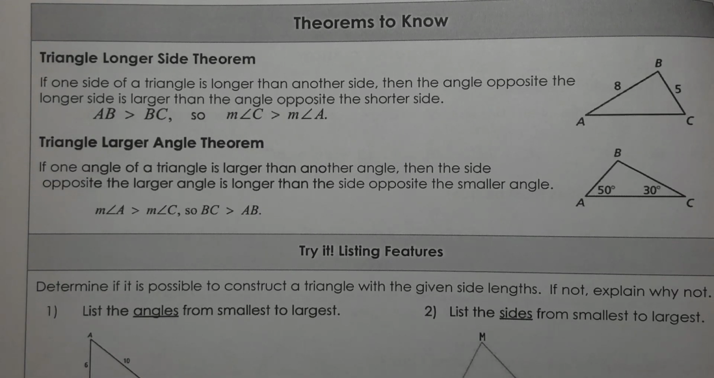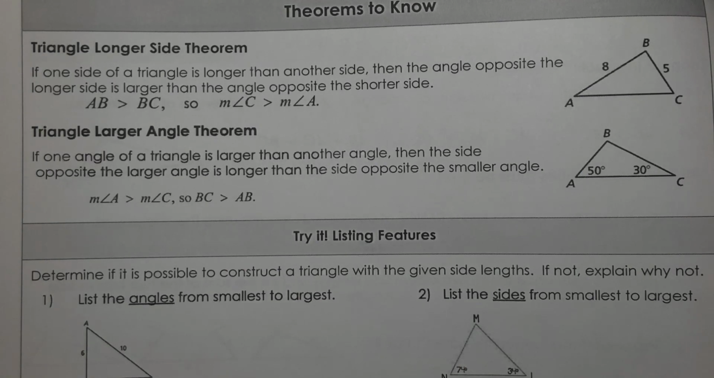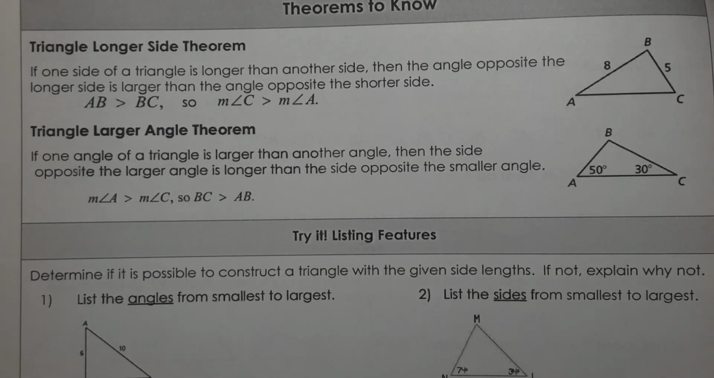Okay, so the shortest side is going to have the smallest angle. The largest side is going to have the largest angle. That makes sense. This is the opposite of that here. The triangle larger angle theorem says, if one angle of a triangle is larger than another angle, then the side opposite the larger angle is longer than the side opposite the smaller angle. So, in the picture here,